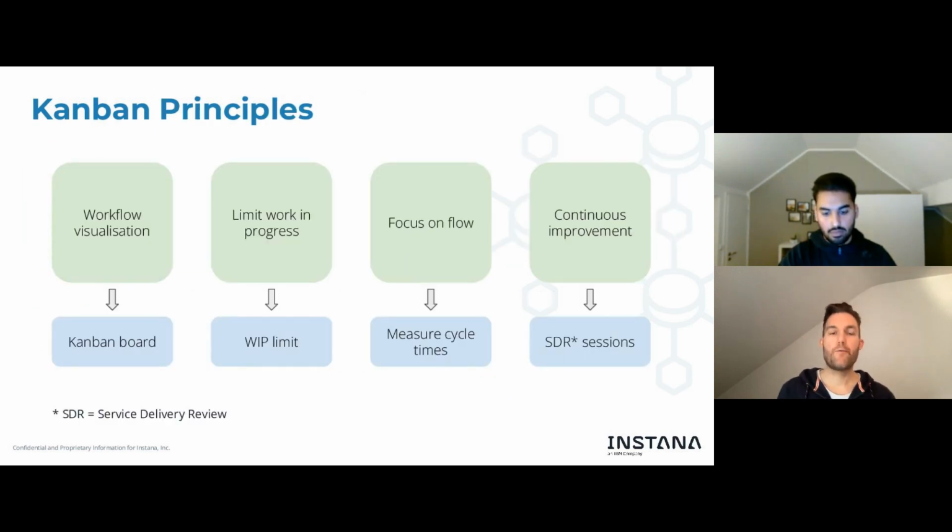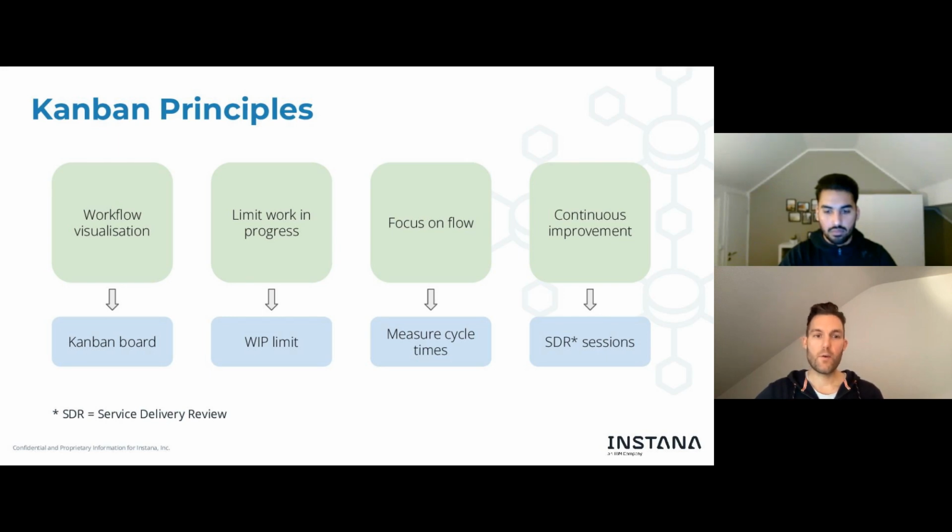In Kanban, there are four main principles, at least how we use Kanban now at Instana. As mentioned, there is the workflow visualization. So really having a way to see how much work is there at all, how much work is in progress right now, and in which state are all the different work items, and how close are we to deliver stuff and actually pull stuff to done. And we do this on the Kanban board. We have examples for Kanban boards later in the talk.